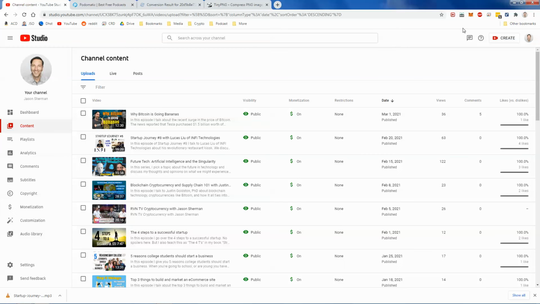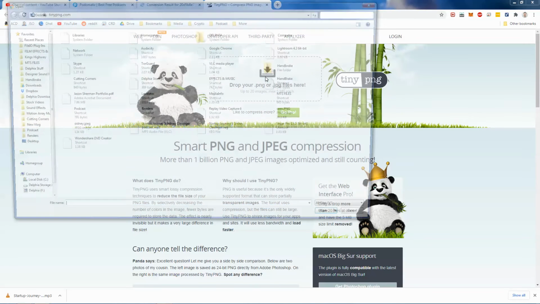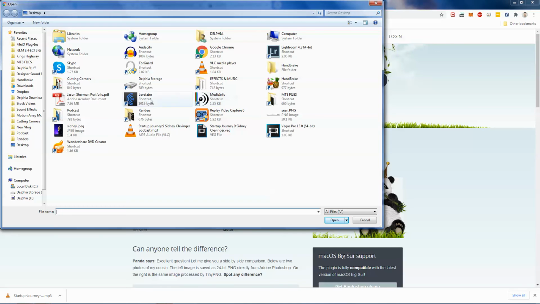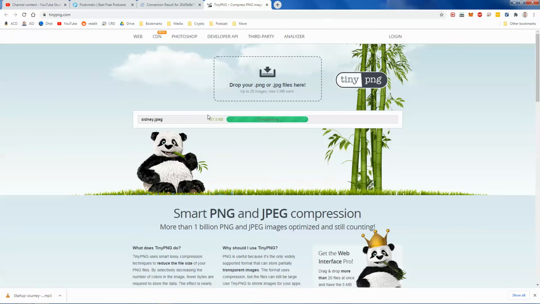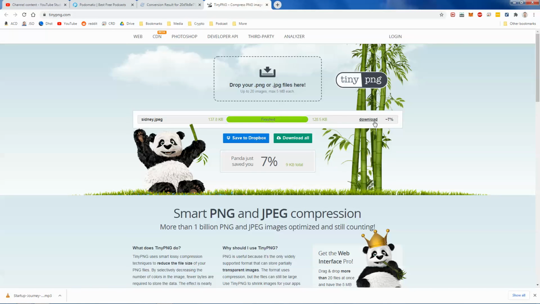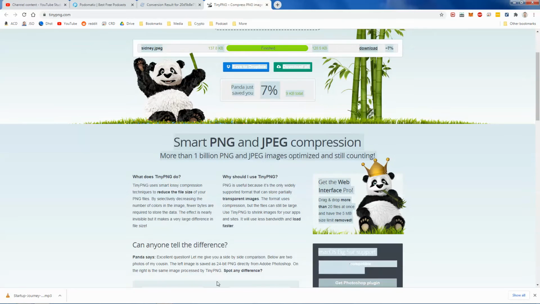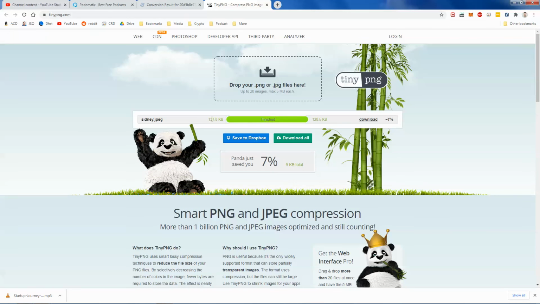The video, same thing. You click on Create, Upload Video, and you just drag and drop the video up there. Make sure you drag your thumbnails here first. So let's say I have this as the thumbnail. You drag it up here, and then you're going to download it. It'll be smaller. The difference in size will be much different because when you create a thumbnail in Photoshop, it's much bigger than this. It'll be like 2 megabytes or something, and you'll get it down to 128 kilobytes, and